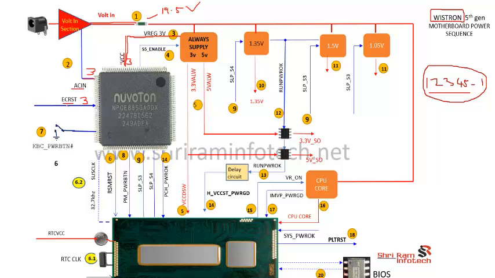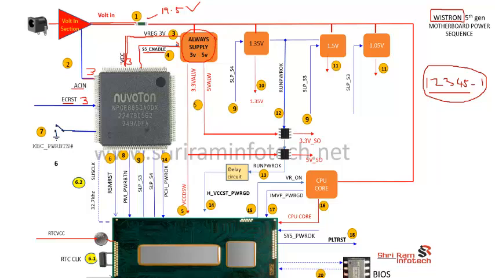So the SIO first gets 0 volts and then comes back to 3 volts. Now all our pins are at 3 volts: VCC is 3 volts, AC in is 3 volts, EC reset is 3 volts. Then if my SIO is okay, the SIO will generate this signal called S5 enable, and this signal enables this buck converter,